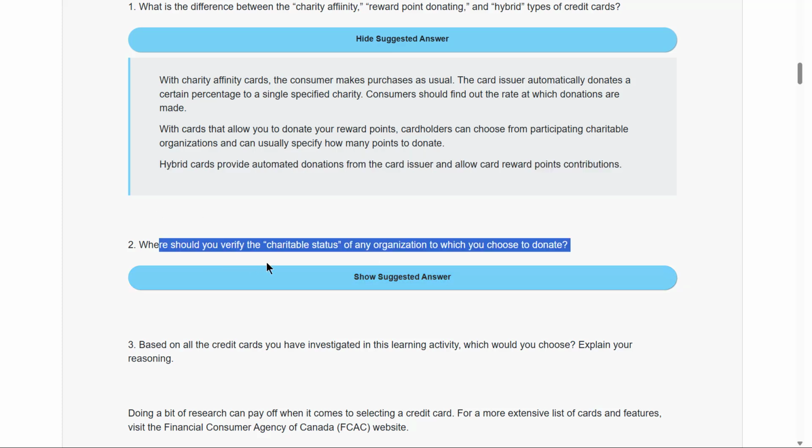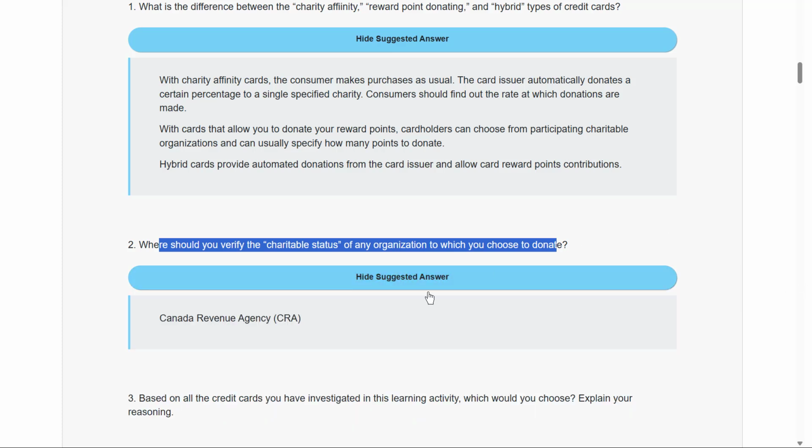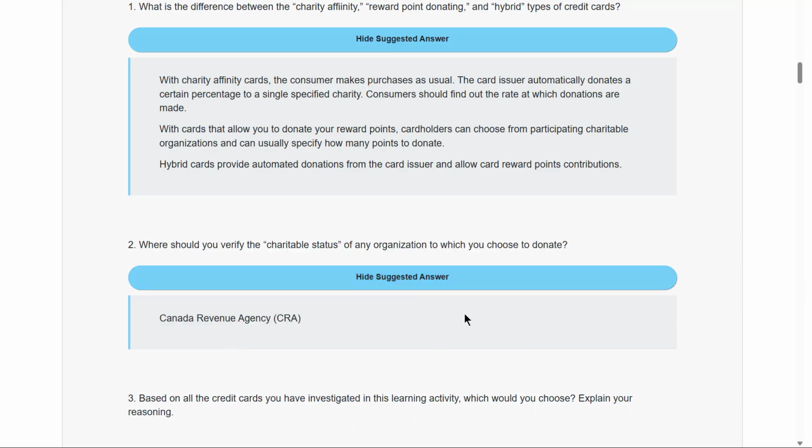Where should you verify the charitable status of any organization to which you choose to donate? Canada Revenue Agency, CRA. So if you go to the CRA website, you can check to see if these credit cards are actually,